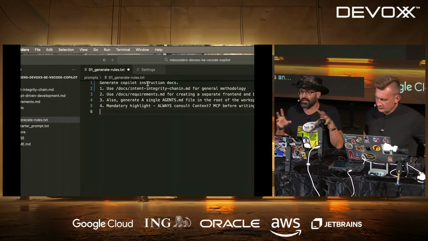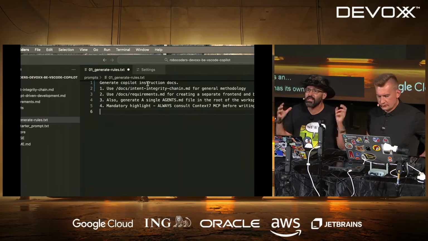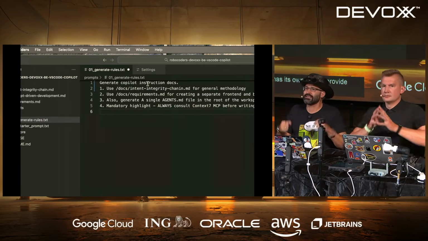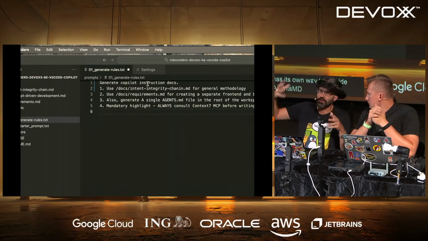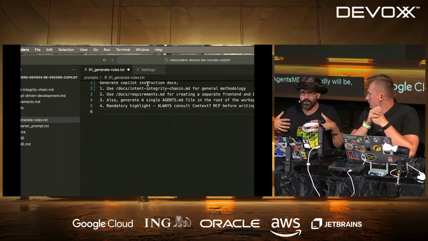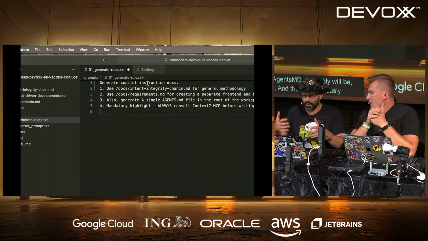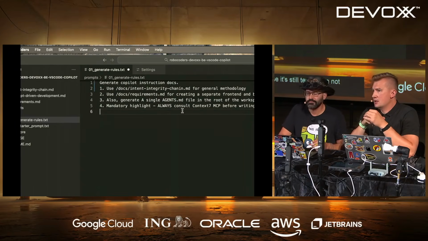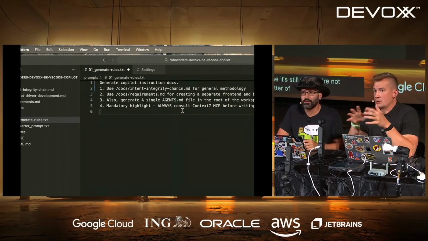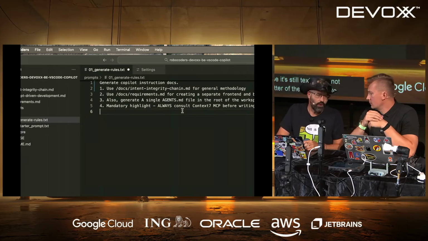Not just IDEs, every tool has its own way to provide instructions. Let's try and standardize it. So AGENTS.md allegedly will be, if it picks up, a file that all the tools understand, and then we obviously can share it. It kind of makes sense because it's still text. We're not using any proprietary things, and it's just a matter of the agent tool to properly infer this.